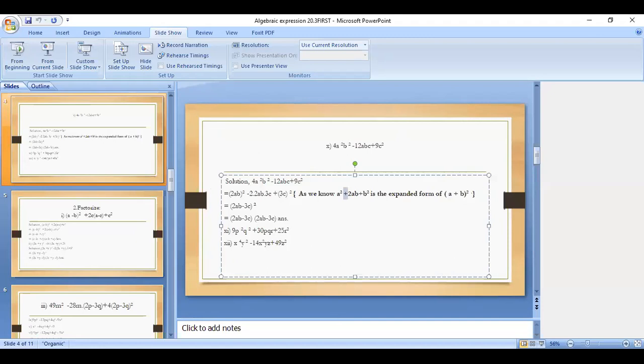Here I told you it will be better to keep the minus sign. If there is a minus in place of a square minus 2ab plus b square, then what will be its expanded form? Children, what will be the expanded form if there is a minus? That is the expanded form of a minus b whole square. Okay, children?